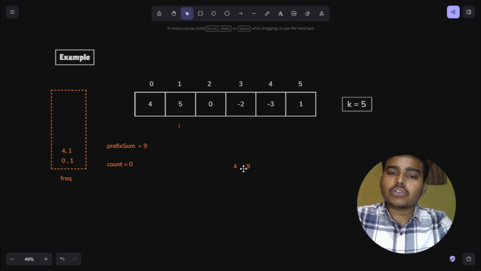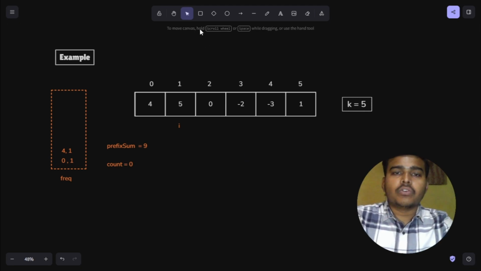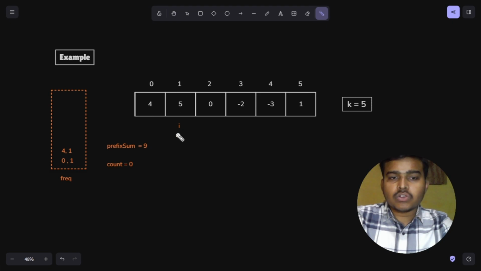Therefore, if we take the difference of these two numbers, that particular difference is going to be a sum, you can say, which is divisible by 5. We can see that the difference is 5 and it is divisible by 5. So this is the meaning of it, what I have already explained. So this was one prefix sum at this 0th index, and another prefix sum was this at this first index. Both are having the same remainder. Now when the difference is taken, that particular value, that difference, or we can say a sum, is divisible by 5,